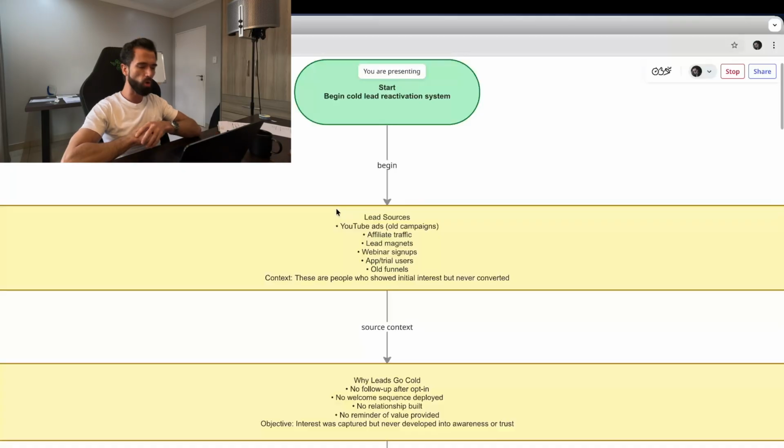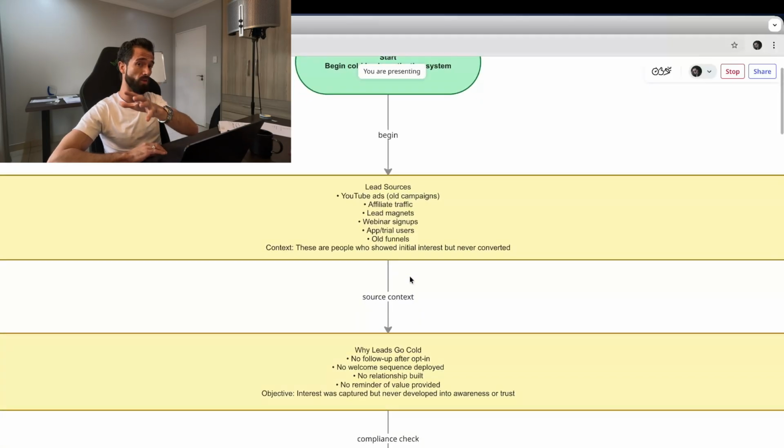So if you're sitting on a cold list, it's probably due to YouTube ads, old campaigns that you ran, or maybe it's affiliate traffic and they gave you that specific list, that cold list, and now you want to start communicating with them. It could be old lead magnets, webinar signups, app trial users, old funnels that you had running. Okay, so you want to make sure how old is this list, where did it actually come from,